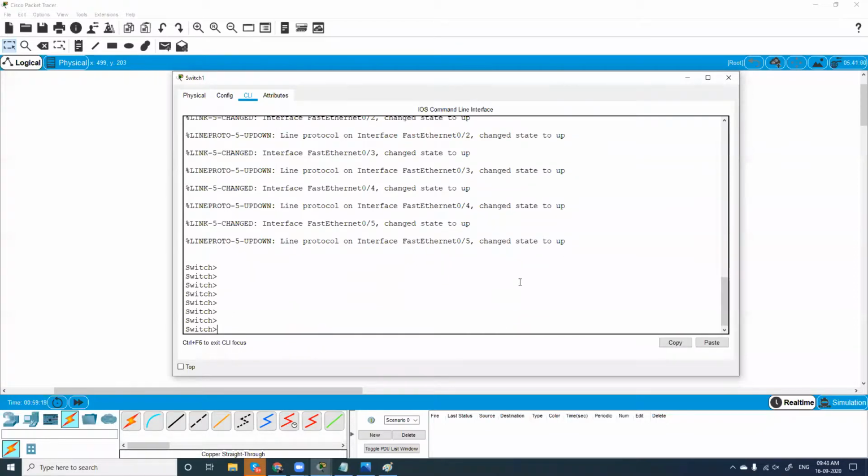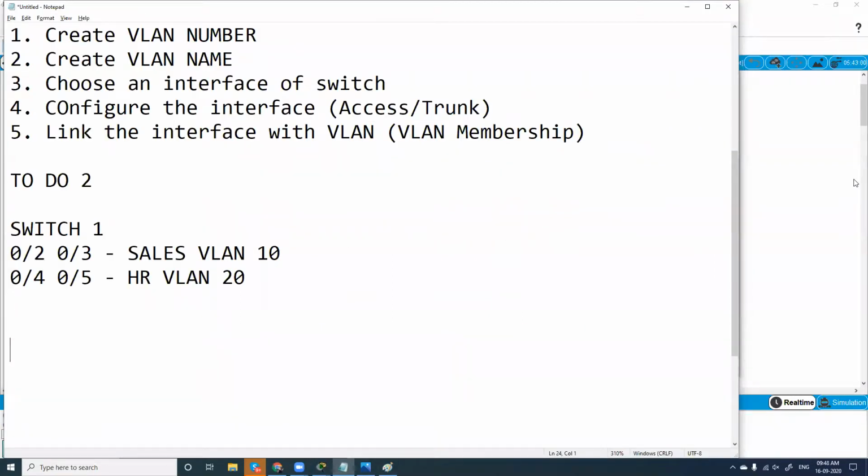I hope you are aware of this. I'll type the commands that I'm going to type here, and then I'll type them in Packet Tracer so that you will know. Initially the switch will be in this mode. I'll type enable. That's perfect. And again, enable, it will go to global privilege mode, and I'll give configure terminal, conft.